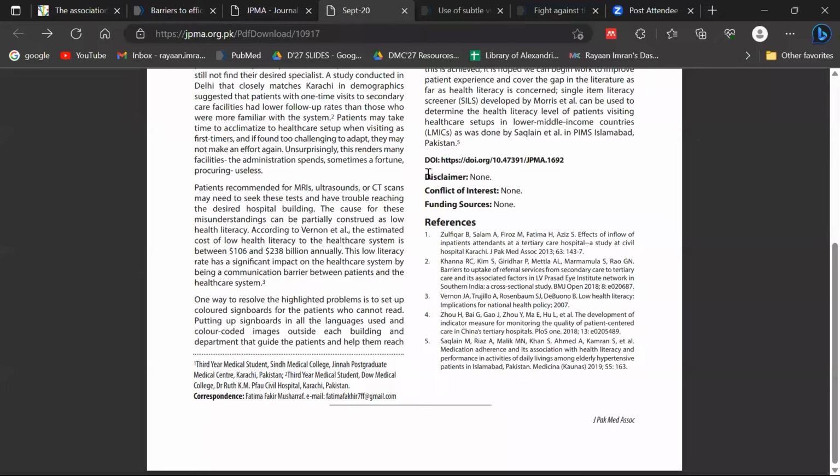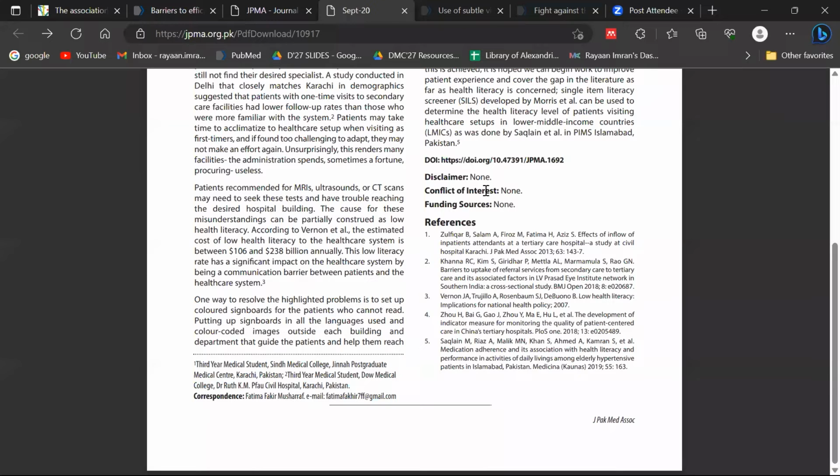So ये 3 चीजें जो होती है ना, this is a basic thing that is required in majority of all articles that you write. Disclaimer मतलब is there any issue that you might want to point out, कि इसके अंदर कोई errors आए थे, कुछ conflict of interest आ रहे हैं. Conflict of interest मतलब you are writing an article and you're working for a company, and let's say आप उनके article लिख लो, but you do not believe in this particular article itself. For example, I don't believe कि पाकिस्तान में healthcare के issues हैं, but because I'm a part of a company and I'm writing it for them, I have a conflict of interest.